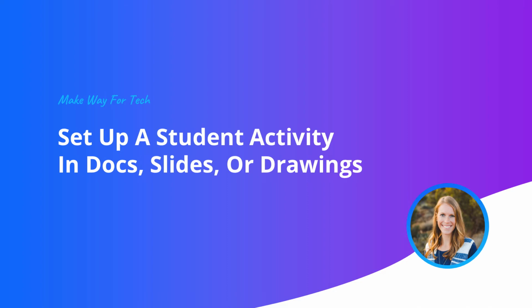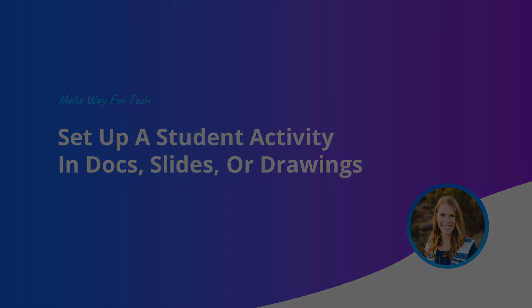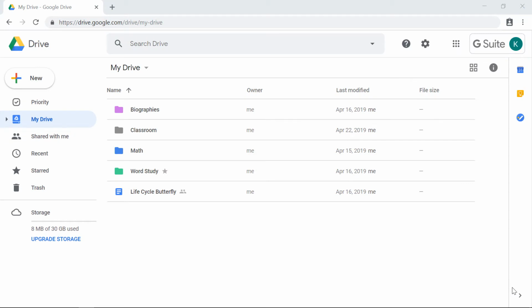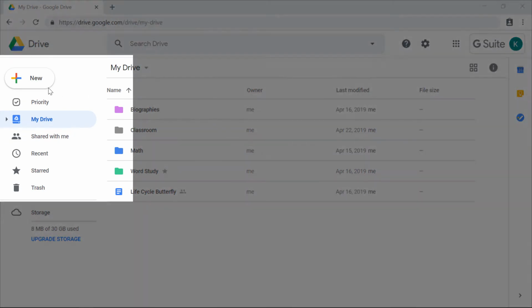In this video, you'll learn how to start creating your first student activity, whether it's in Google Docs, Slides, or Drawings. We'll talk about why it's important that you title your activities, and lastly, we'll discuss how you can change the dimensions of the student's workspace depending on the type of activity you're creating and if you're planning to print it or not. To create a new document in Google Docs, you'll click the New button in the upper left-hand